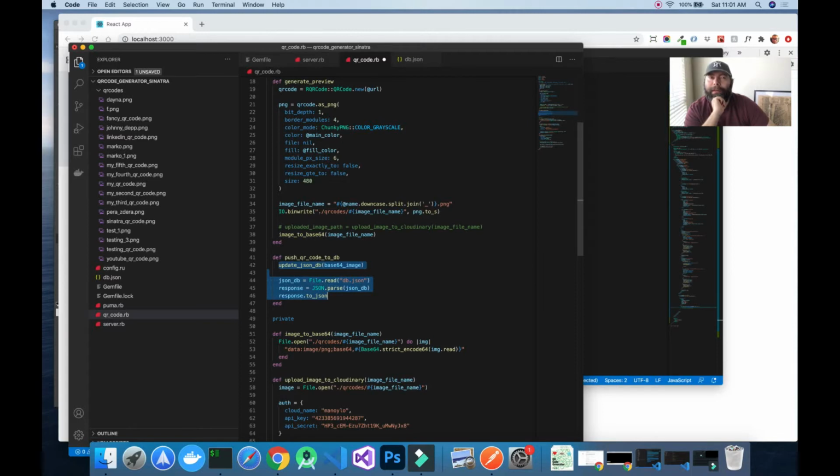But we can add a flag, maybe is visible in front end, and that can be a boolean, true, false. And then when you're generating a preview, by default it can be false. And then we're gonna generate a UID. So then maybe by UID,